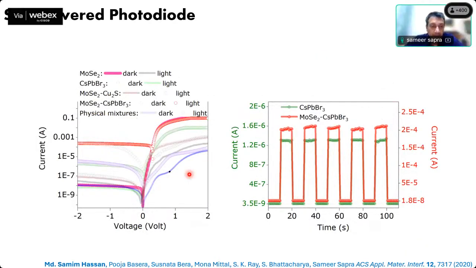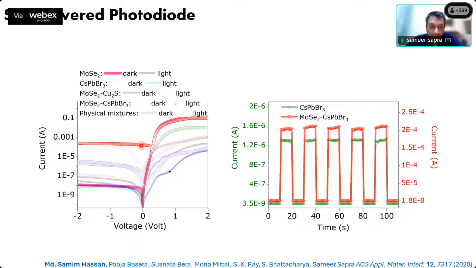And the very interesting thing, I have put the previous results also over here, and now if you look at this, this result is almost similar to molybdenum selenide cuprous sulfide. This was the one, but it's very flat. The dark current has come down a bit. I think this is about 20,000 fold enhancement. But the very interesting part is look at 0 volts. At 0 volts also, you get a photocurrent, which means you're looking at